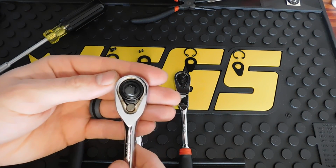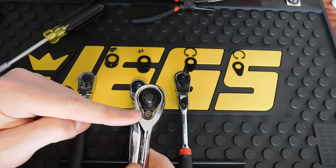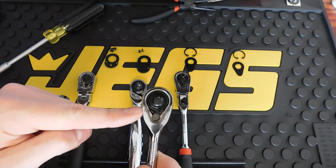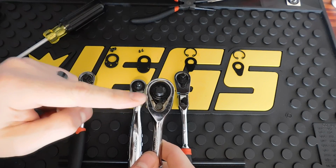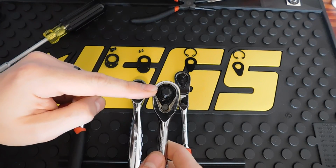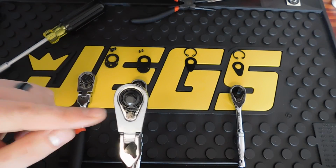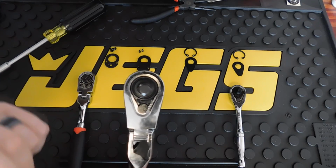And then the GearWrench 120XP has a 60 tooth main gear and dual pawls, but instead of being side by side, they're actually stacked on top of each other, and I believe it's 10 teeth engaged with this 60 tooth gear at all times. And then with the 84 tooth, it is just the single pawl, but it does roughly have 10 teeth engaged with the gear. And then same